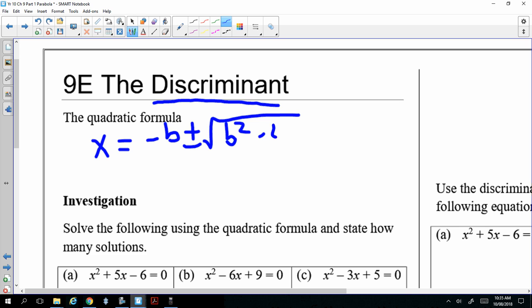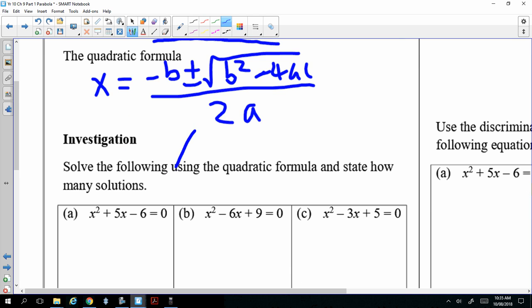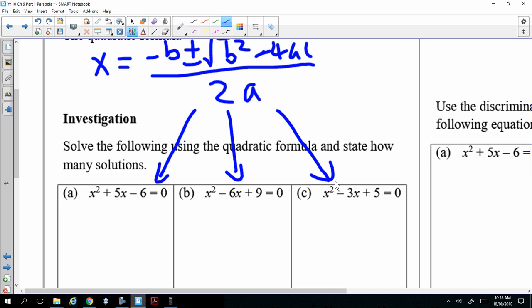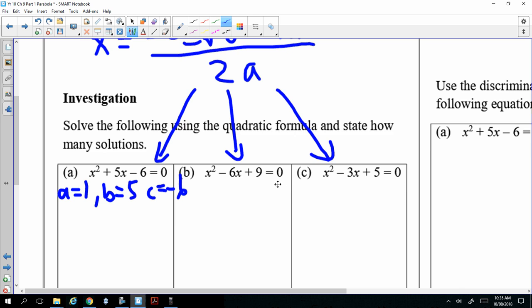Minus 4ac over 2a. Hopefully you remember this formula, the quadratic formula. And I want you to use the quadratic formula to solve all three equations. So the first one, a equal to 1, b equal to 5, c equal to -6. And then what we do is we write x equal to